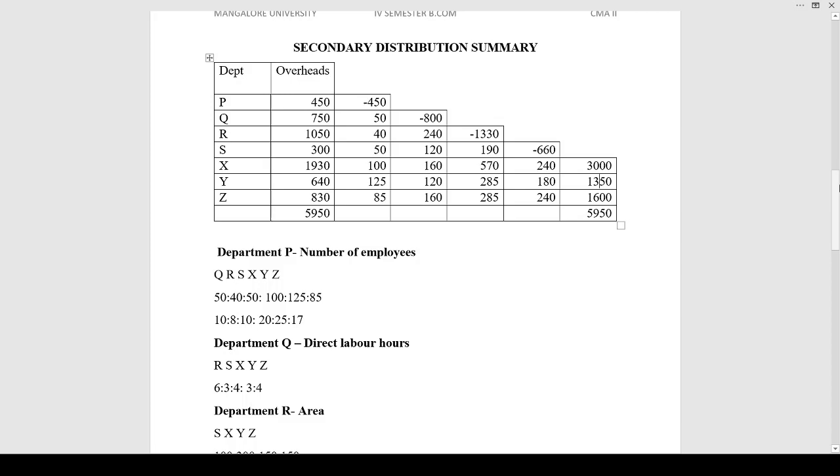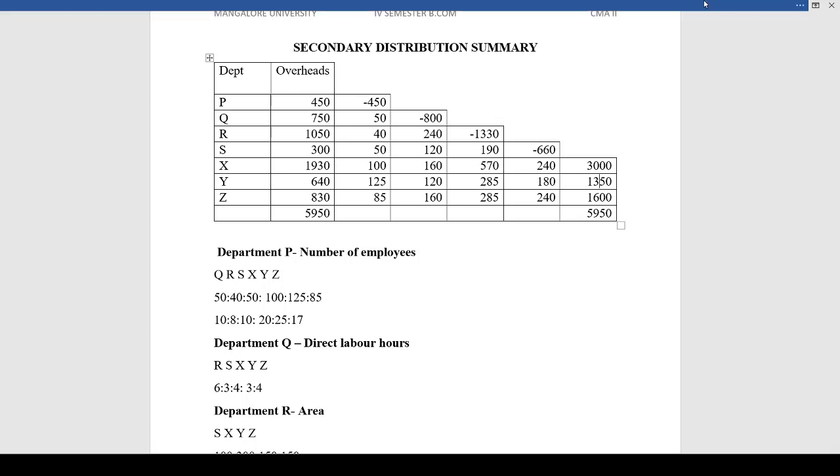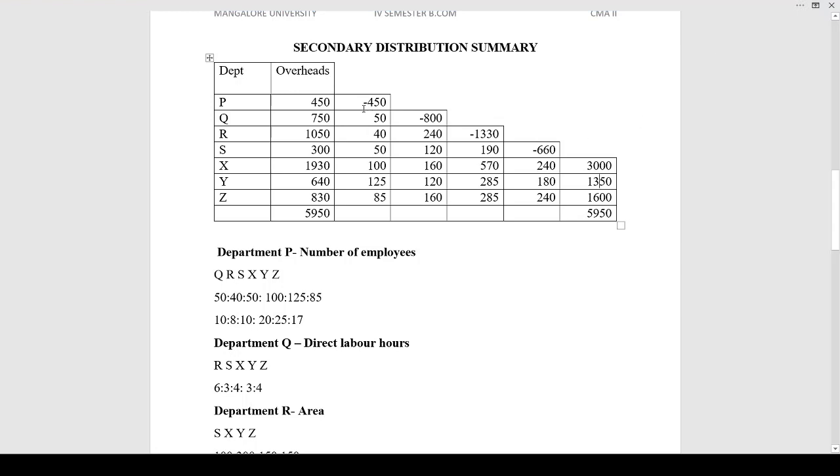Now to begin with P department. P department overheads will be distributed to Q, R, S as well as X, Y and Z. So P department overheads are 450. So the next column you can see it is minus 450. So the overheads minus 450. So this 450 should be distributed to Q, R, S and X, Y, Z in this order